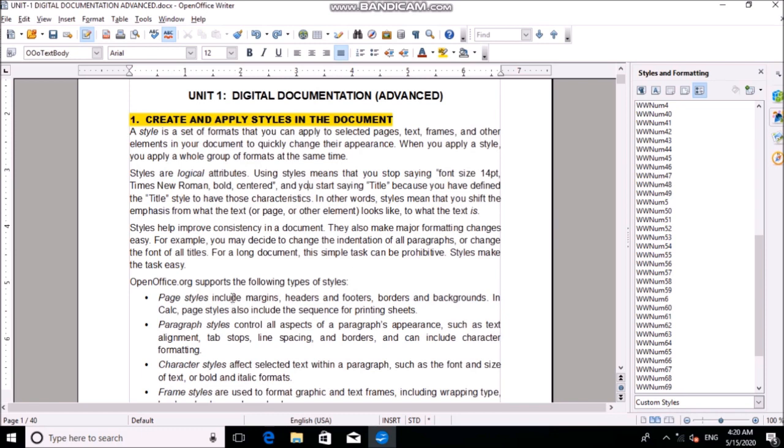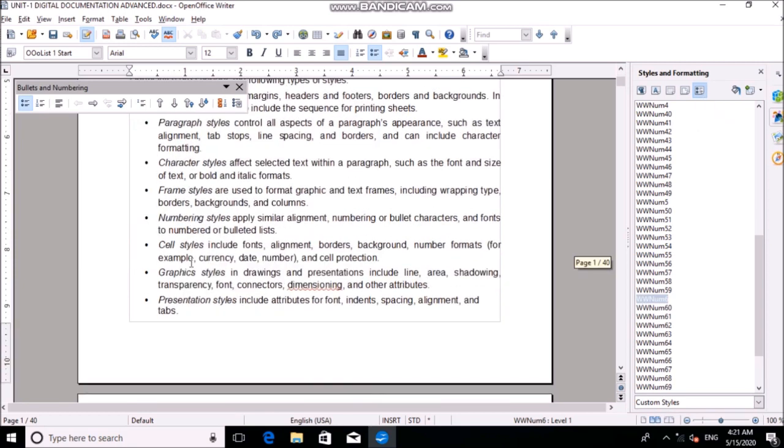I'm clicking on this include button, so it is selected www num6. That means in this line they have used the list style www num6 option, right? Suppose I am clicking here on presentation styles, so they have used www num4. So different kinds of styles have been shown here, and you can select them.